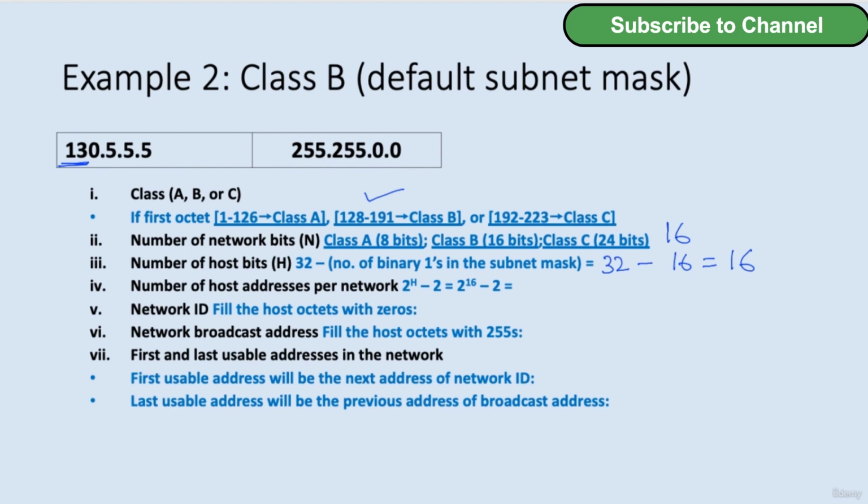Number of host addresses per network, 2 raised to the power h, where h is 16 over here, so the value will be 65,534. Network ID: fill the host octets with zeros. We know that the host octets are the last 2 octets in this case, because the network part is 16 bits. So the last 2 octets, the last 16 bits, are the host part. So I have to fill them with zeros. So the network ID will be